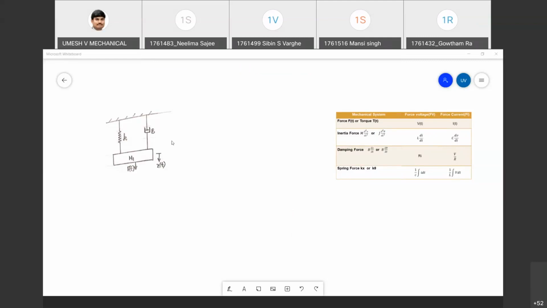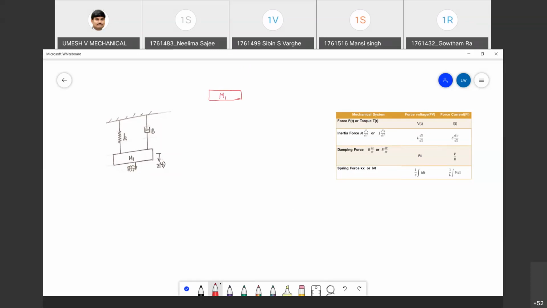So this is the given mechanical system. Now, how will you write the differential equation? Here, you know the free body diagram. See, free body diagram, you have to always write it for the mass m. Here, what is the mass? The mass will be m1. Okay, you write it as mass m1.